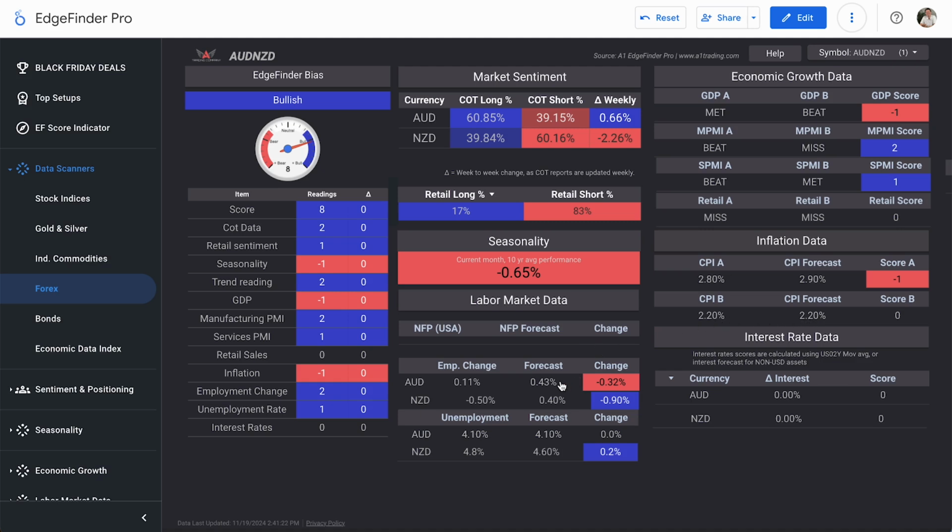The employment change in Australia was forecasted at 0.43%, but it actually came out at 0.11%. That was a miss by 0.32%. In New Zealand, it was forecasted at 0.4%, but came out at -0.5%. That was a miss by almost 1% here. The unemployment rate in Australia, forecasted at 4.1%, did in fact come out at 4.1%. In New Zealand, however, it was forecasted at 4.6% and ticked higher up to 4.8%. So there we go. There is all of the data and numbers backing up that +8 score bullish bias on